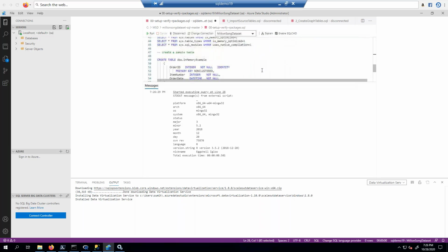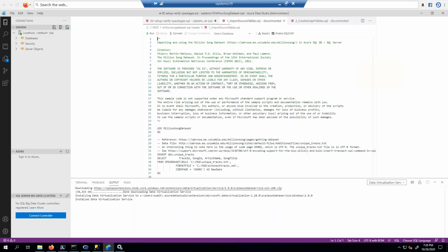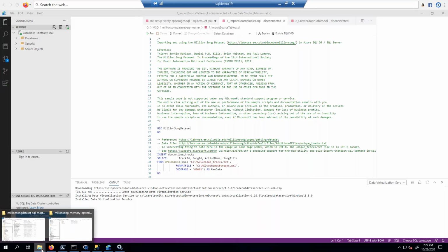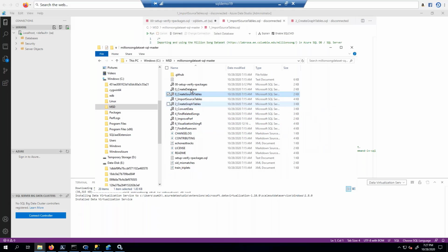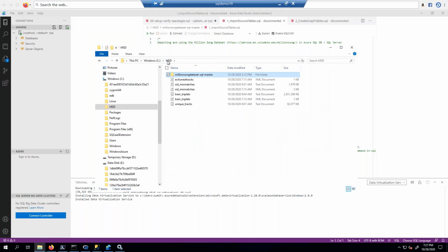Let's see, this is for memory optimized table. We don't need that. So this graph example, the demo that we have, actually, I'm going to share it. You'll get it in the deck. Let me show you the files and not necessarily load it because it might be too long.